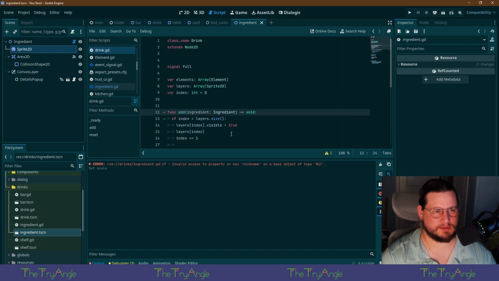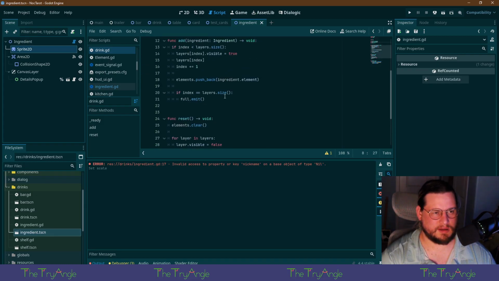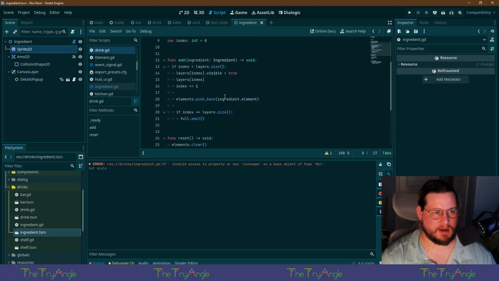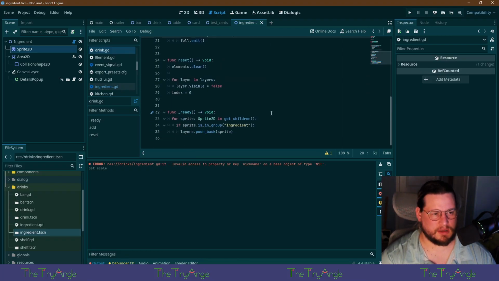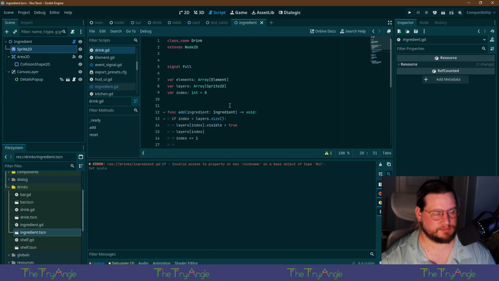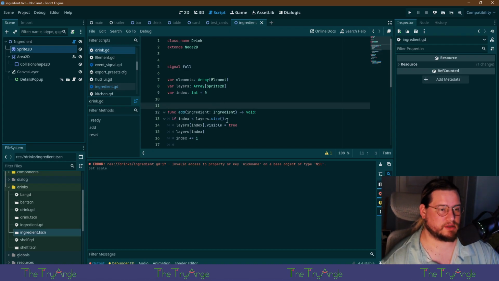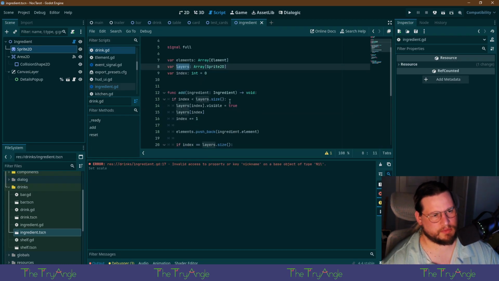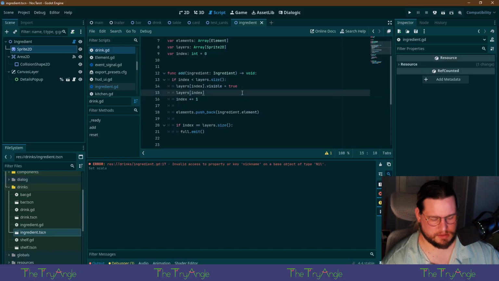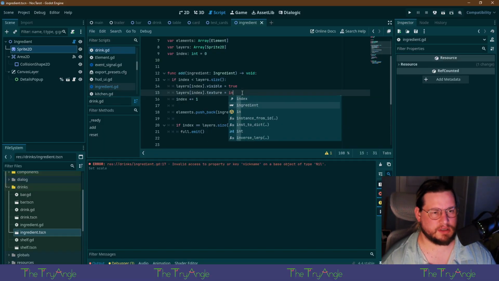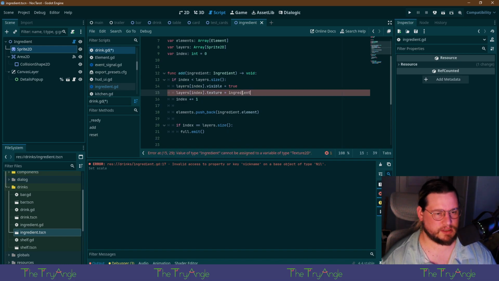Sorry, my brain's getting all kerthunked. Right, layer texture equals ingredient.